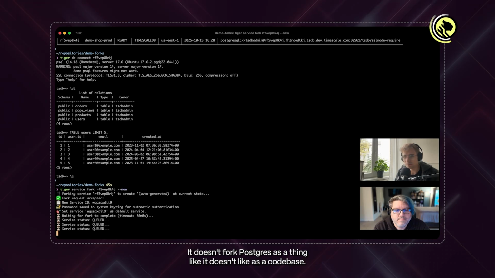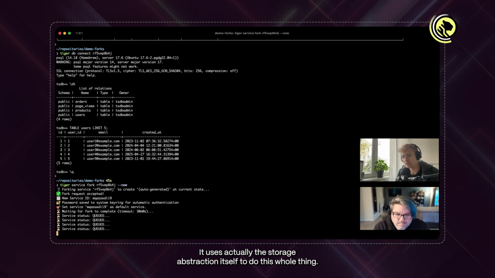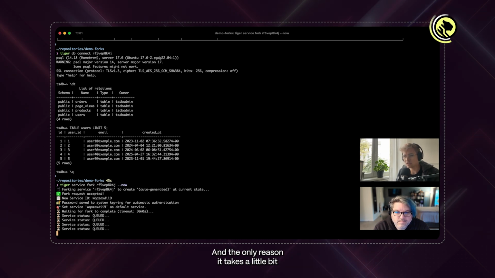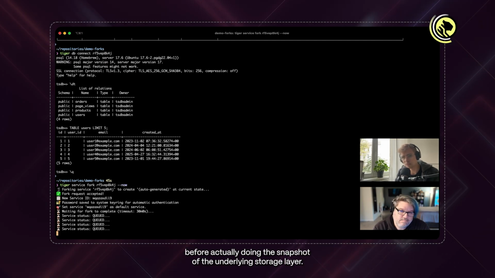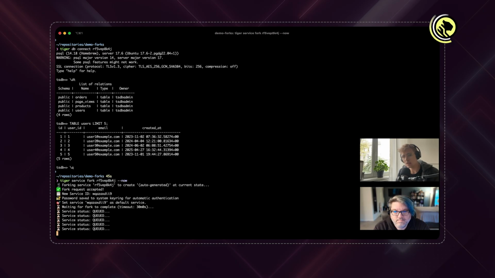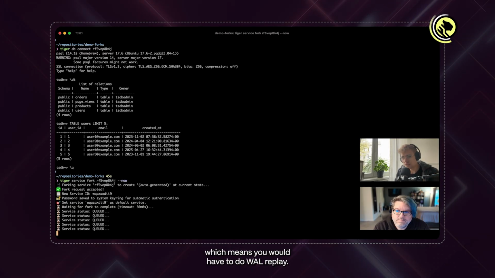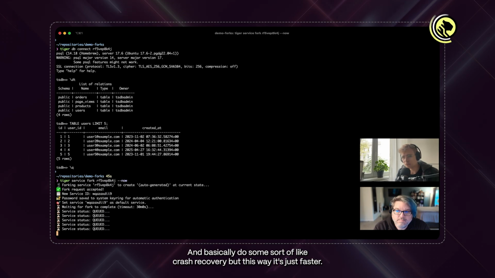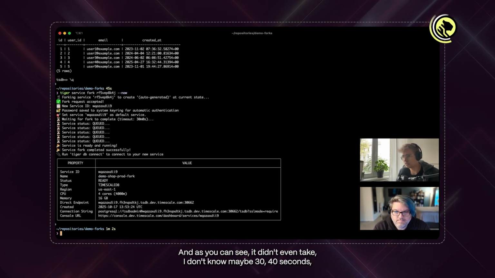It doesn't fork Postgres as a code base. It actually uses the storage abstraction itself to do this whole thing. And the only reason it takes a little bit is because it has to do a checkpoint on Postgres itself before actually doing the snapshot of the underlying storage layer, because otherwise the storage layer is not consistent with itself, which means you would have to do WAL replay and basically some sort of crash recovery, but this way it's just faster. And you can see it didn't even take maybe 30-40 seconds, and we have a fork